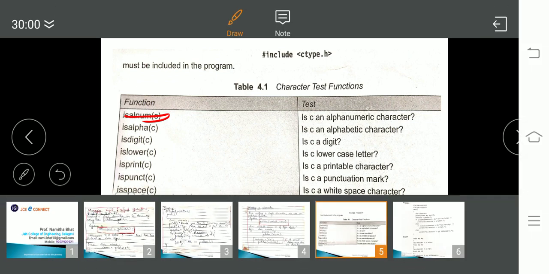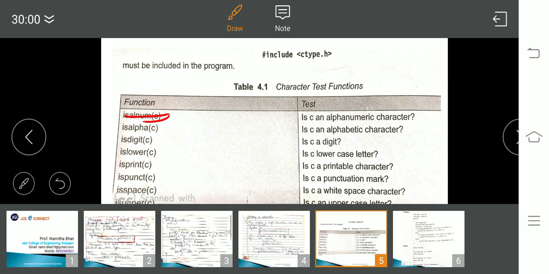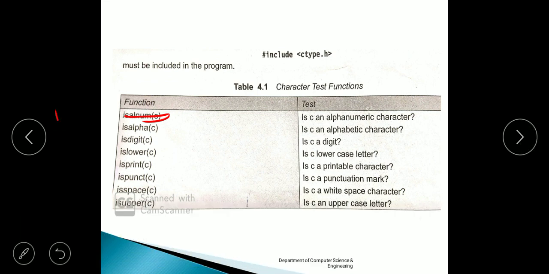Again for the second one, isalpha of c. So we are asking whether c is an alphabet. Here c is nothing but a variable name, okay, don't get confused between the alphabet c and this c. This c is a variable name, any valid name you can give.